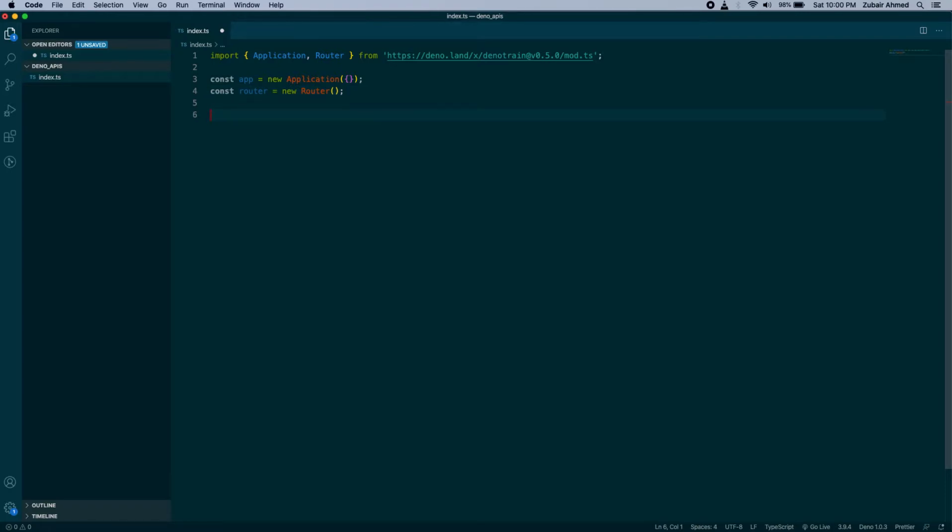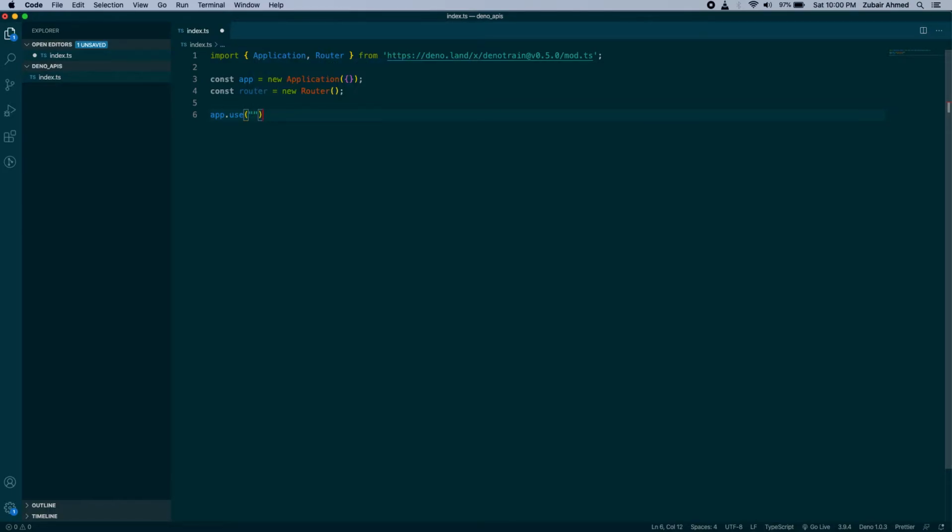Alright, so next thing, same like when you have installed Express.js inside your node project. So now we have these two variables like app and router here. So we will consume those variables. So next thing we want to do is app.use, and we will give it a route name.